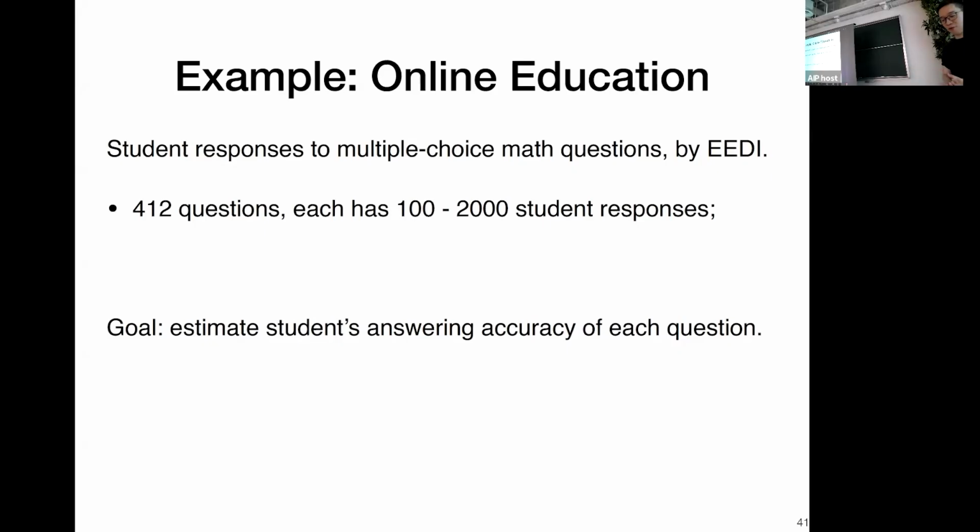This will be very informative to the instructors, the teachers who are interested in learning this. And of course, you may ask other questions. For example, there are A, B, C, D choices. In addition to just estimating the accuracy, how many students can make the correct choice, you may also want to get common mistakes. What is the most misleading choice? What is the most confusing point to the students? You can ask those interesting questions, as long as you have a good simulator.